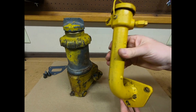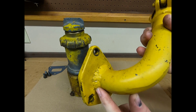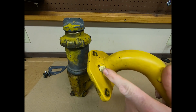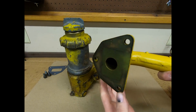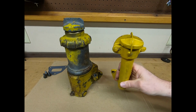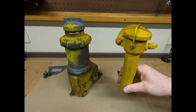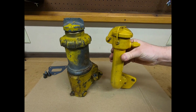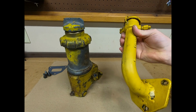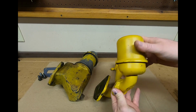And being from 5J2115, that's what this one came off of. Somehow they found a way to break that filler pipe clean off. They've brazed it back on at one point. You can see the fracture line just in there. So we had all this awesomeness at one time. And then I don't know if the bean counters had their way or what, but we just replaced it with this kind of drab piece right here. And now the updated breather was just this simple